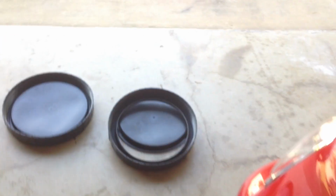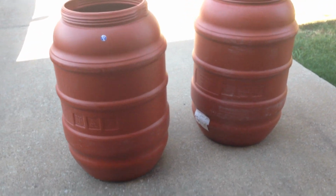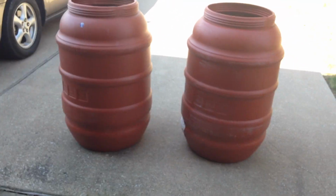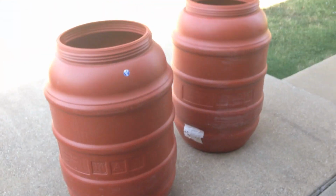Now what I'm working on is I've got a pair of these food grade barrels. They were originally used to store some hot sauce. You can get these things on eBay for like 30 bucks. Shipping's like 40 bucks to you. You can go to Uline and get them. They're 55 gallon